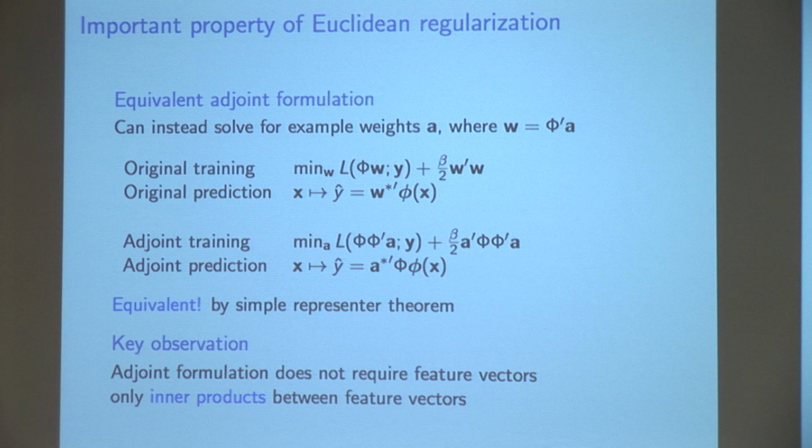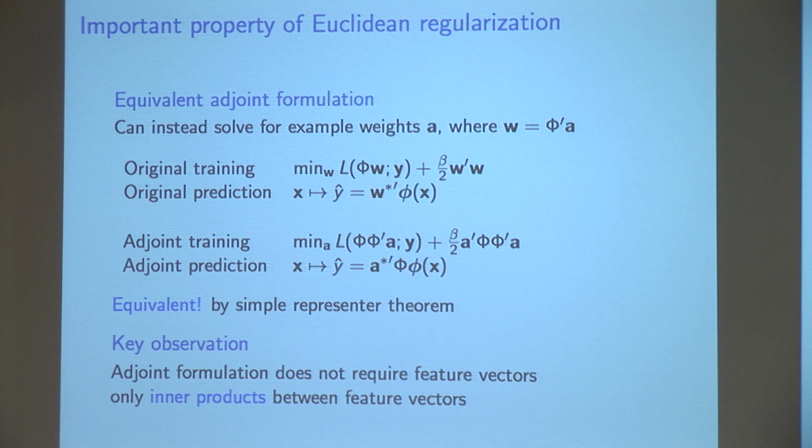And I can re-express the prediction in terms of the adjoint weights. So here's the other thing. You don't need the weight vector on the features. Now, I know you may want it, but it turns out you don't need it. You don't need it for training, and you don't need it for prediction. In fact, you would never need to look at the weights W. You could do the entire process strictly in terms of the weights A, with any loss function, and still get a linear predictor. And here's this little observation you've all seen before, but I'll just re-emphasize it.